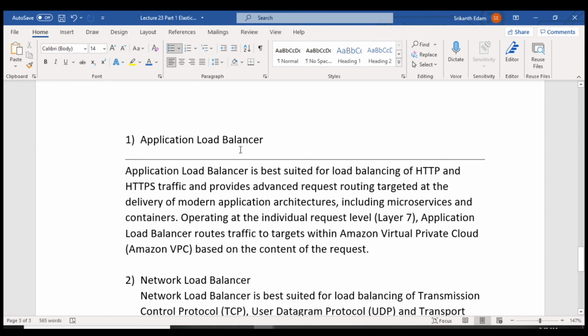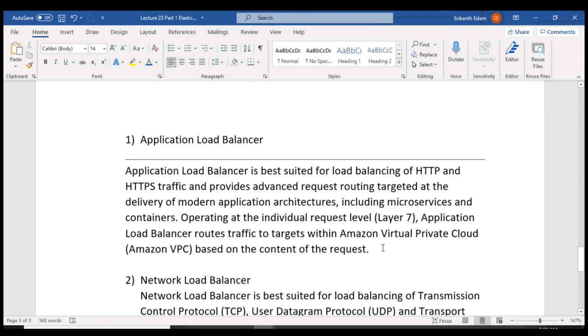So what is application load balancer? In more detail, application load balancer is best suited for load balancing of HTTP and HTTPS traffic and provides advanced request routing targeted at the delivery of modern application architectures including microservices and containers. Operating at the individual request level, layer 7, application load balancer routes traffic to targets within Amazon VPC based on the content of the request.